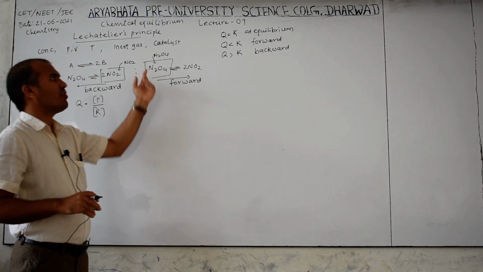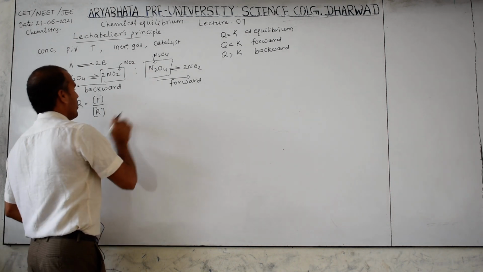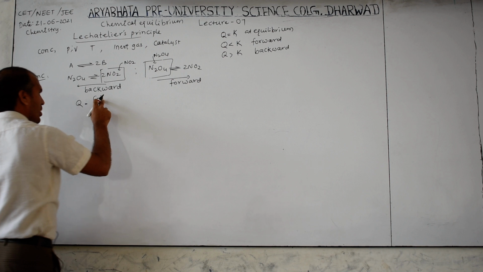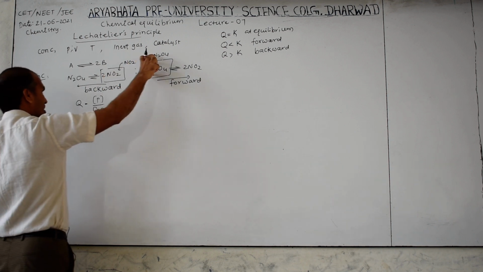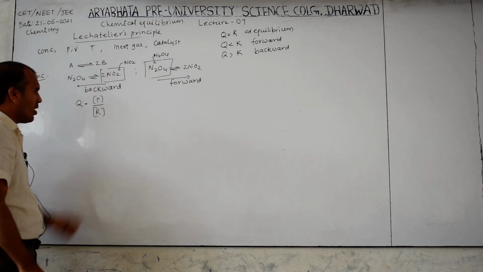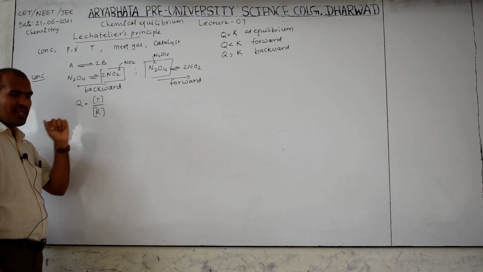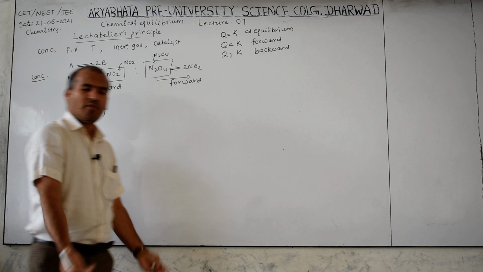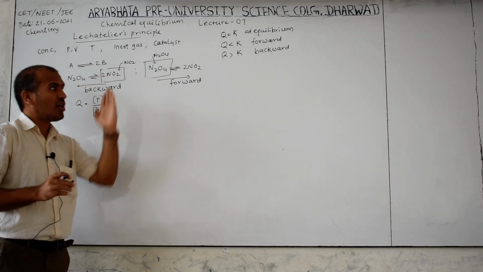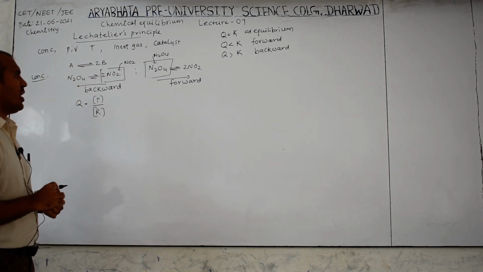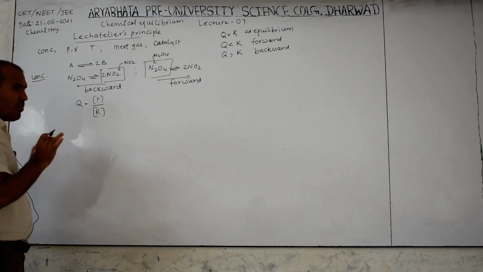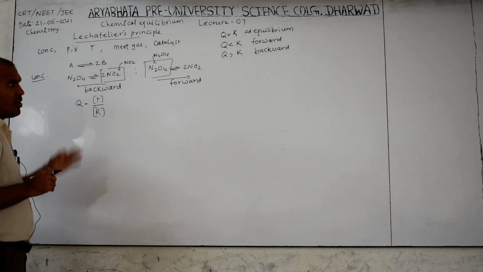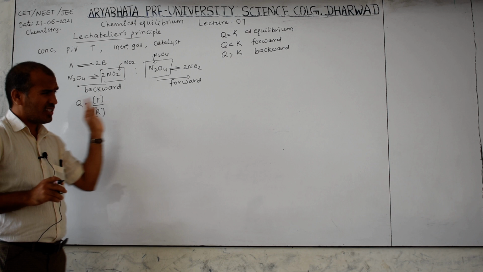Now which one are we adding? N2O4. Same thing. Now product is the numerator, reactant is the denominator. The reactant concentration in the denominator is more. When the denominator is more, the resultant is lower. Therefore Q is less than K, therefore this is forward. Always you have to think based on that concept only. This is very clear. Now based on this, they may ask a graph. So don't forget this concept.